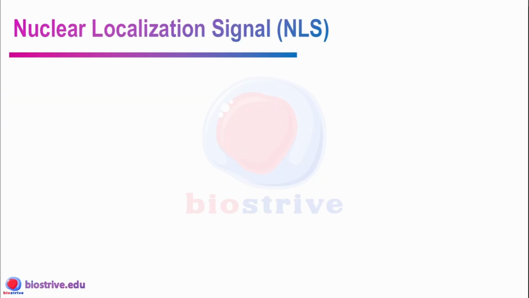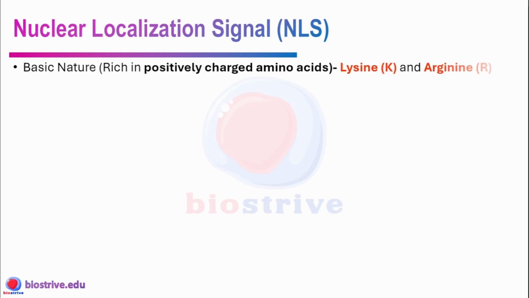Now let's talk about the nuclear localization signal. The nuclear localization signal is composed of basic amino acids, which are positively charged amino acids, mainly lysine and arginine. Why basic amino acids? Because the basicity of these amino acids will allow their binding with import specific receptors for